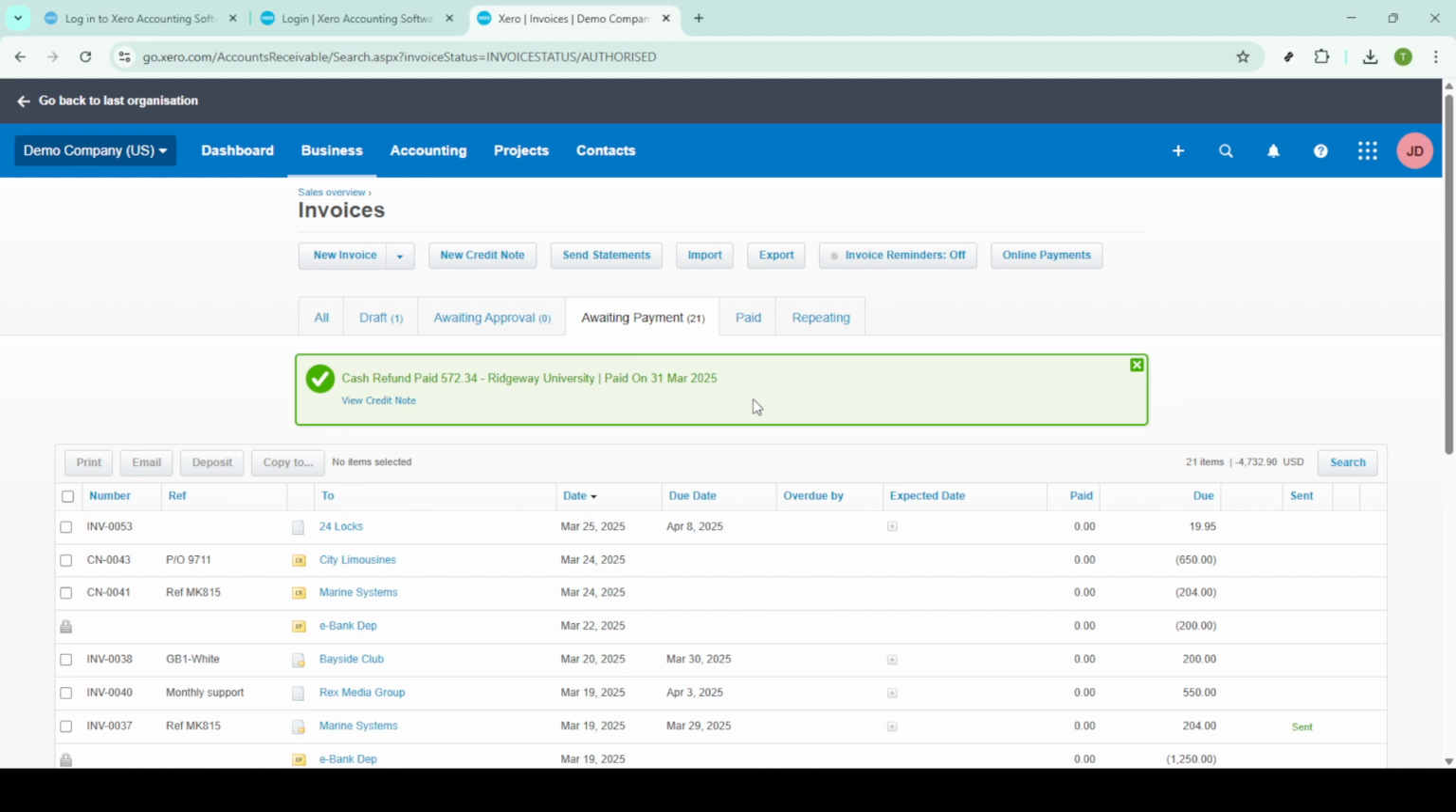Now that you've entered all the necessary information, take a moment to review everything for accuracy. Cross-check the refund amount, the date, and the chosen account. Once you're confident everything looks correct, click on the Add Refund button. By doing so, you've successfully recorded the refund in Xero. This entry will adjust your accounts receivable and ensure your financial records are up to